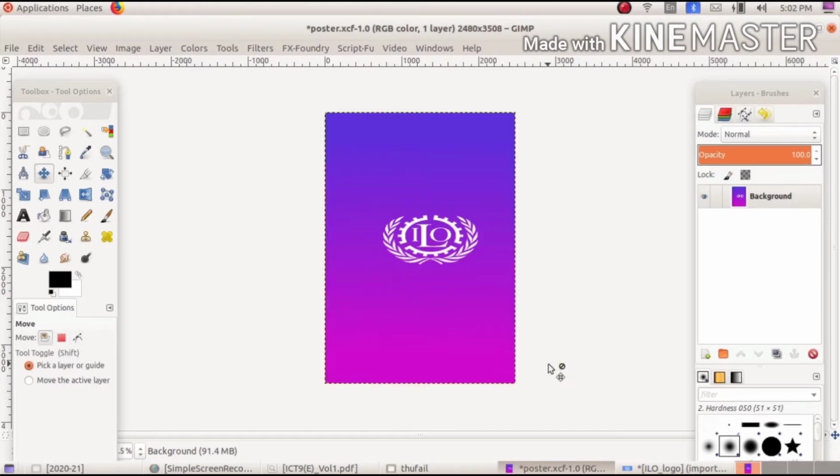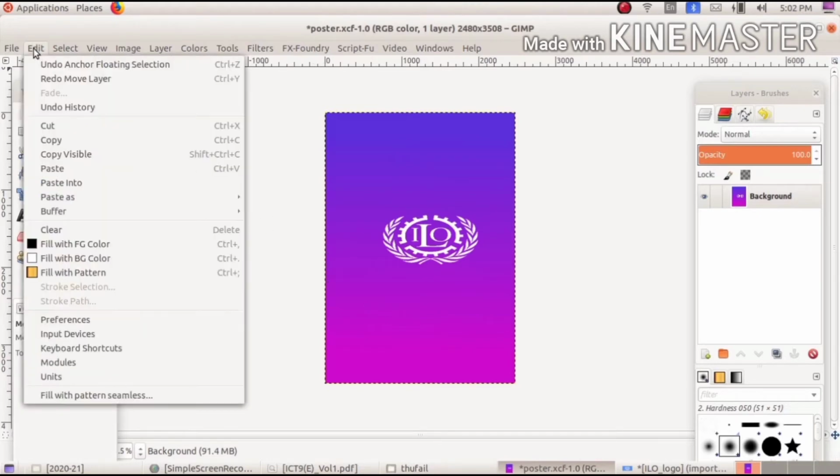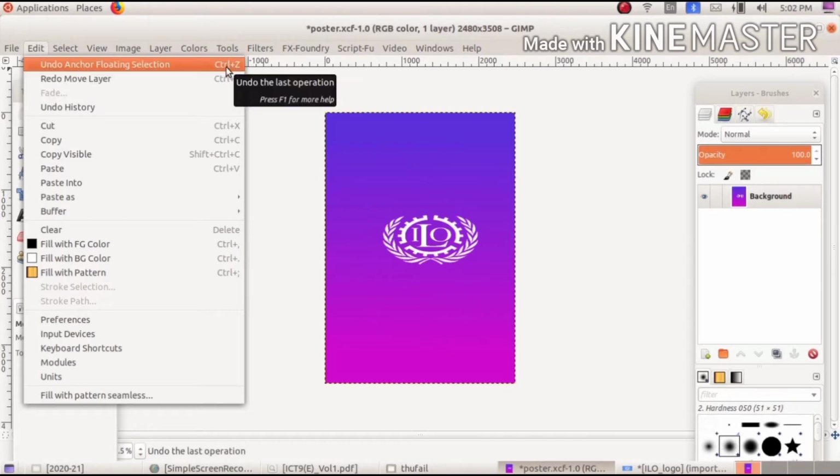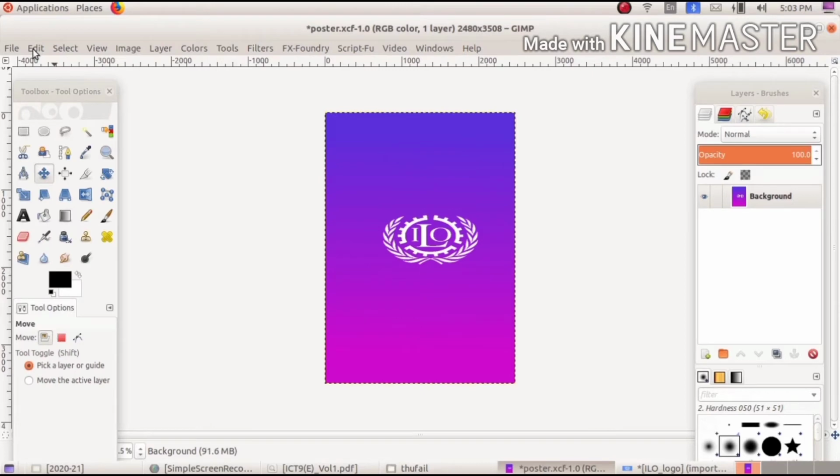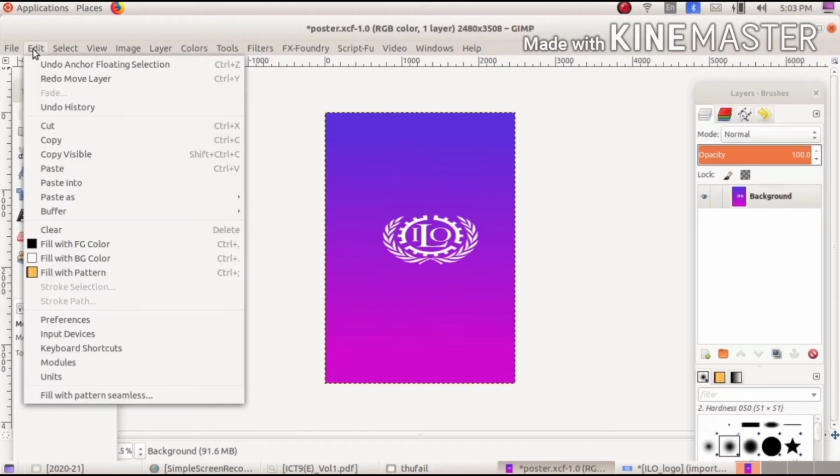We have to move this image freely. For that, we paste it into a new layer. How can we do this? We have to come back to the floating selection stage. For that, we know the undo option of the edit menu. You can use Ctrl Z on the keyboard also for that. Click twice on undo to